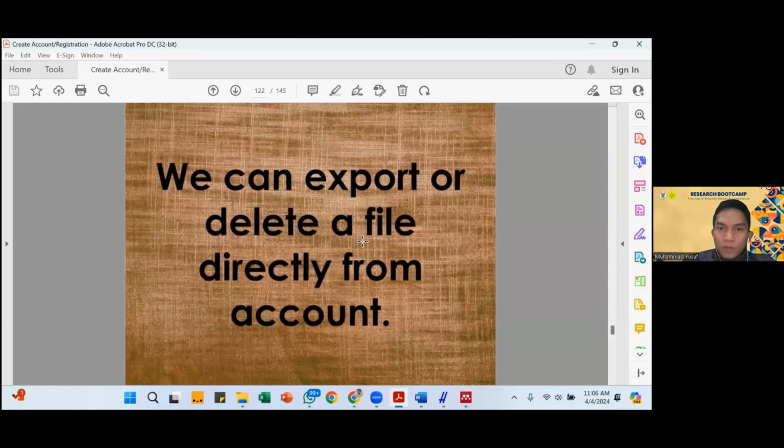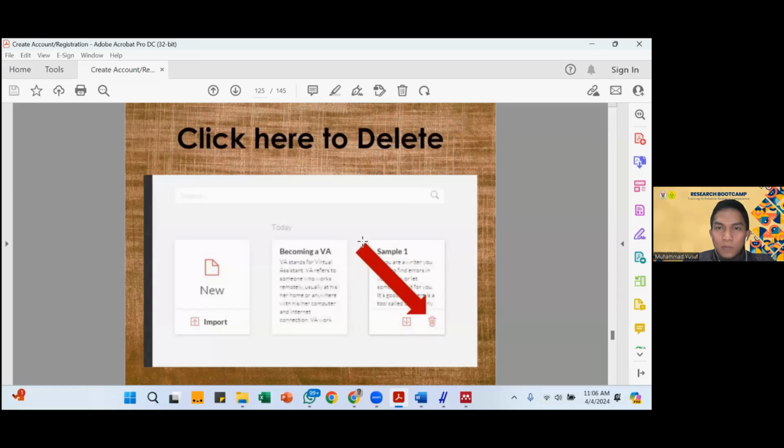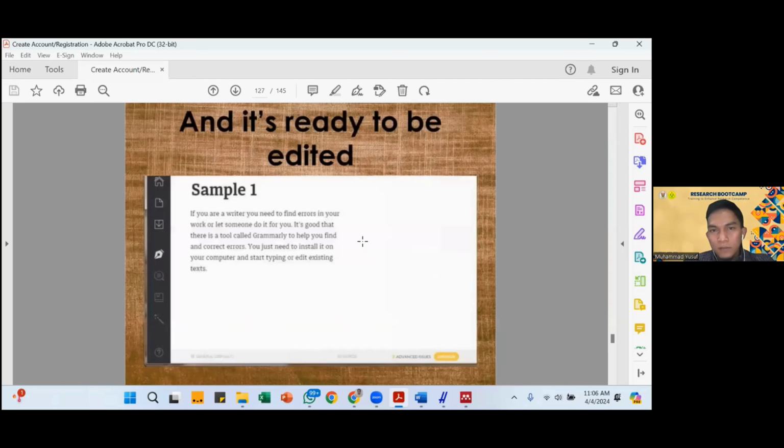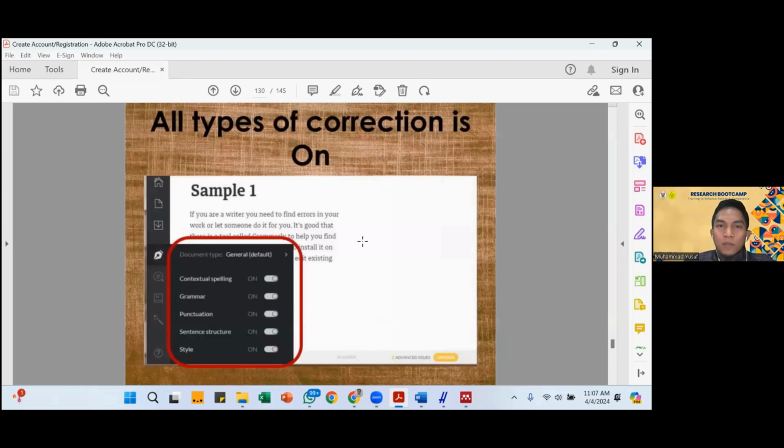We can export or delete a file directly from account. Click export, click delete. To edit again, just click on it and it's ready to be edited. And other buttons menu over the cursor here, you can check the type of correction.